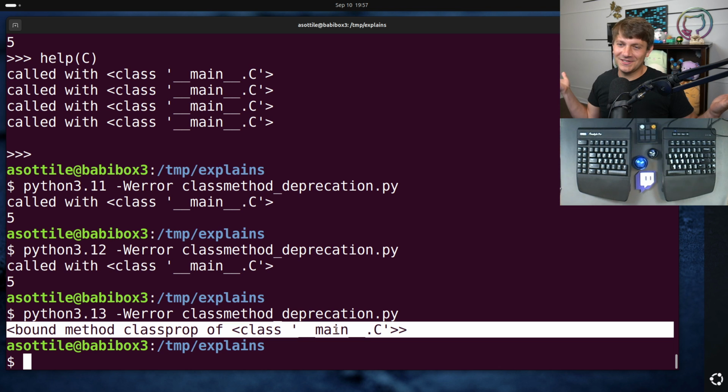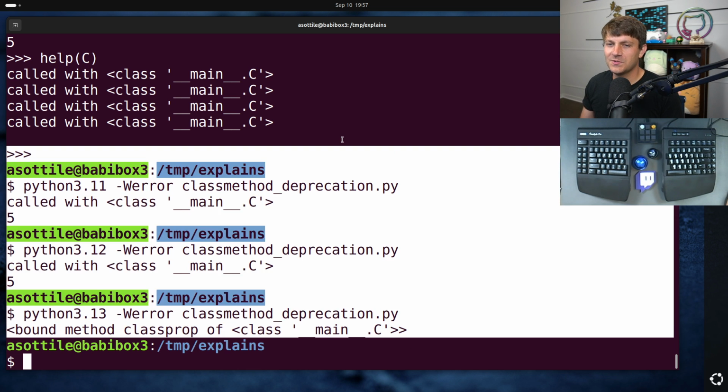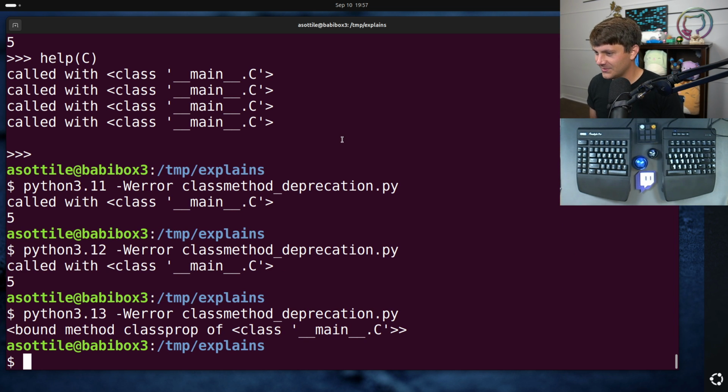And I hope not too many people get burned by this, because it's been around for what, five years now, since 3.9. So yeah, anyway, this was deprecated without a proper warning. So spooky, but hopefully it's not a problem. Okay,